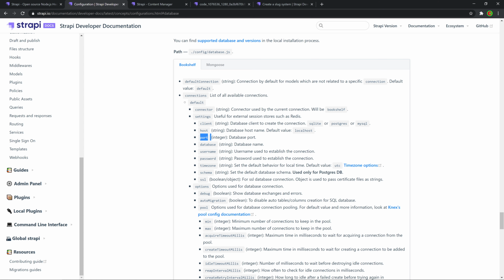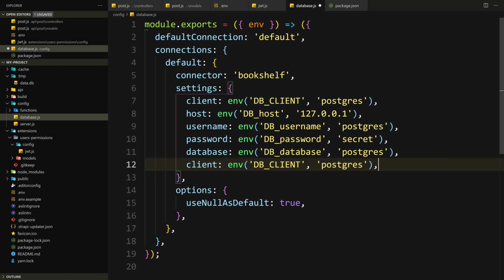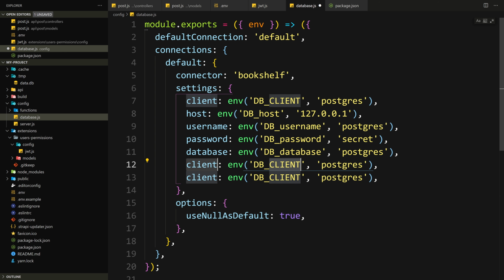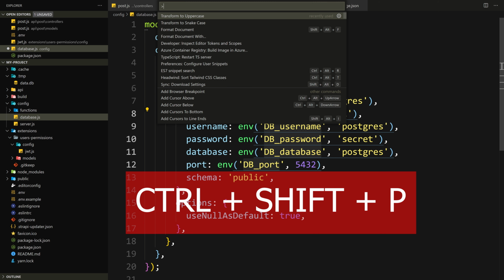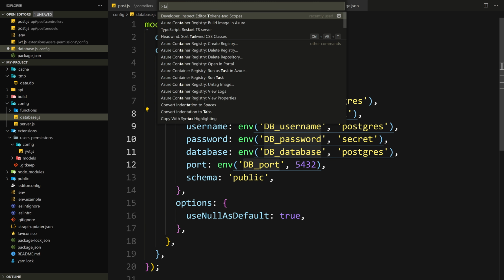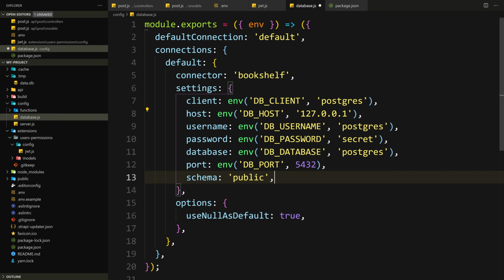So what else? Actually, yeah, we need a port as well. So let's duplicate this, and this will be port. And by default, the default Postgres port is 5432. And this last one is the schema, which we can just say it's public. Or actually select these and Alt and select all of these. These need to be uppercase, so let's say transform to uppercase, save,